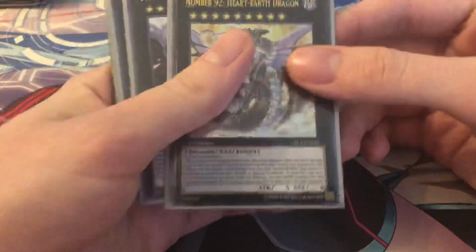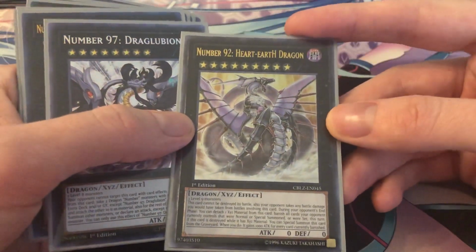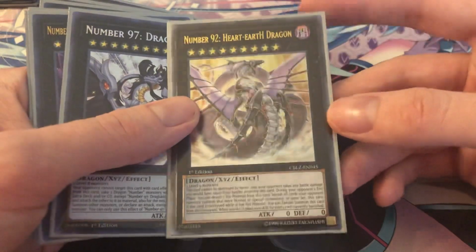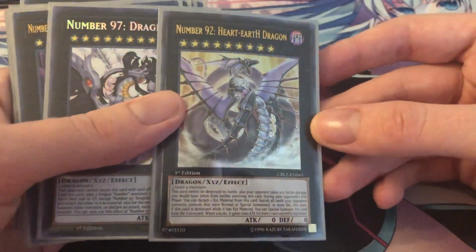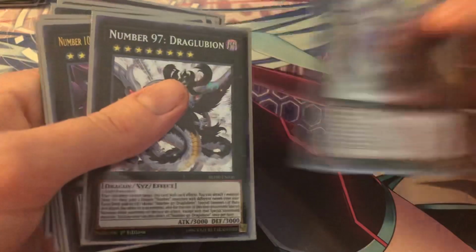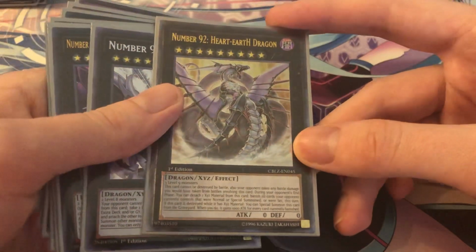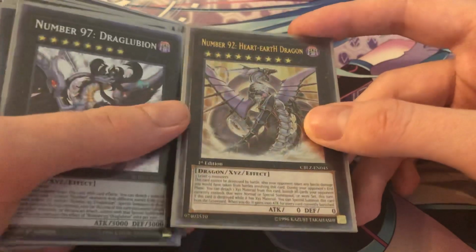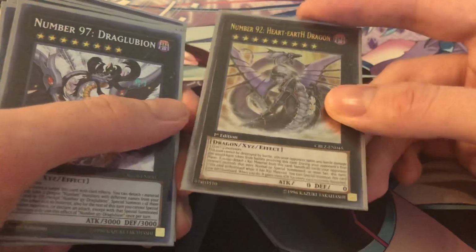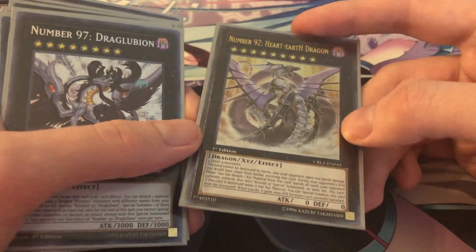Then we've got the one of Heart Earth Dragon. I like this card because your opponent can't out it very easily, and also if you're bringing it out off of Dragalubion, obviously, what you do with this card is typically you'll bring it out and then attack things with it, because your opponent takes the damage that you would take from battles with this card,